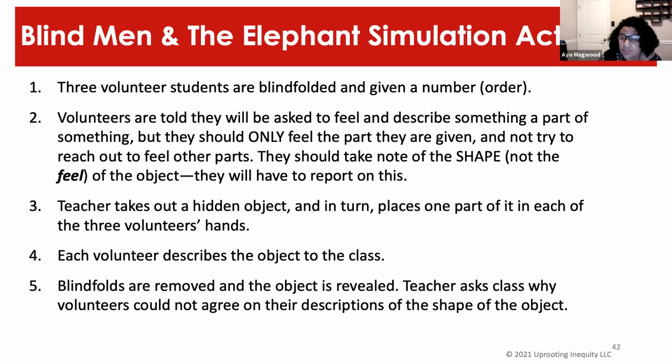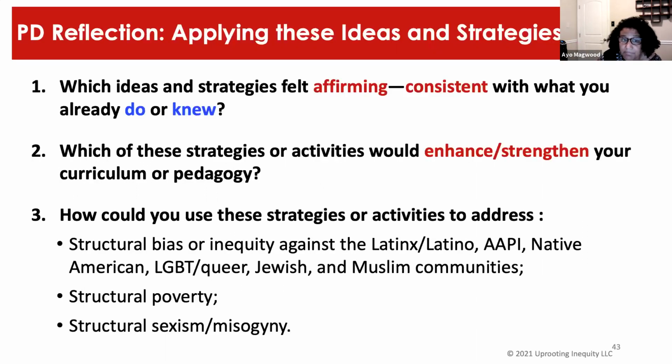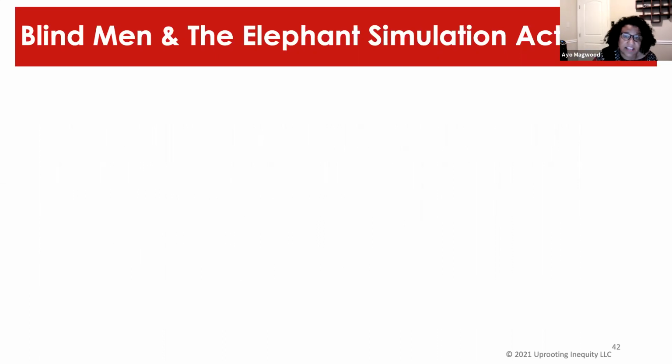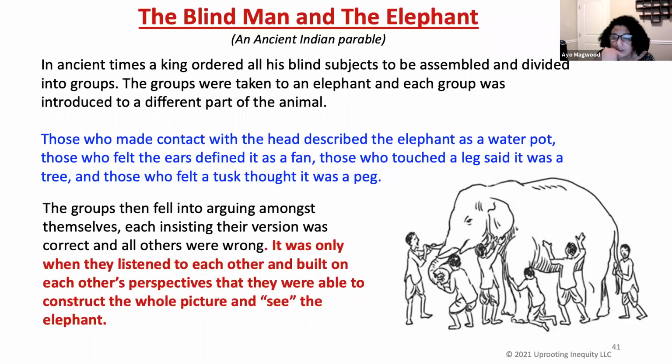But then after that, I also showed them those maps that you saw, right? For me, it was Washington, D.C., showing racial segregation and economic segregation and political segregation in D.C. And I said, so what does that have to do with the elephant? And then they thought about it for a little while. And then finally they're like, oh my God, not only are we touching different parts of the elephant, but we live on different parts of the elephant. And they're like, the elephant is Washington, D.C., or America.